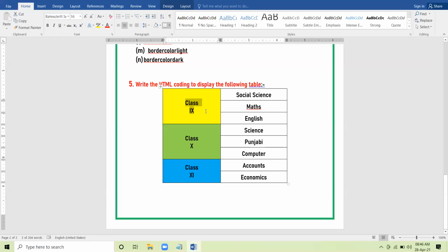Okay, clear? And the data in this cell is in different line. क्लास वर्ड ऊपर है, नीचे 9th लिखा हुआ है. सेल ये एक ही है. This is one cell, but text is written in different line. So what to do here?